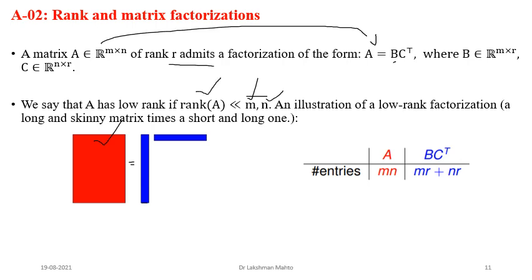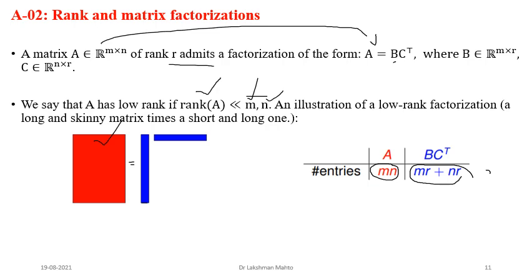An image always has low rank criteria. If you look at the left hand side, you have m times n entries, but on the right hand side, you need just (m plus n) times r, where r is the rank, definitely low rank. So the rank is relatively very much less than m and n, and that is why this quantity is always very much less than m times n.